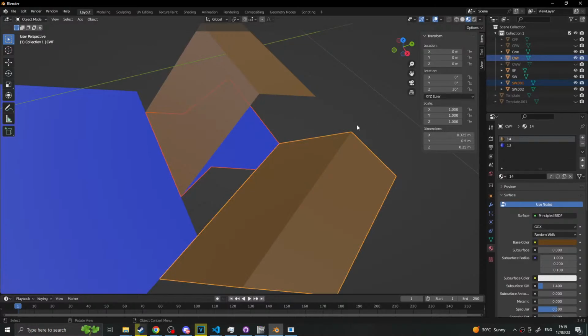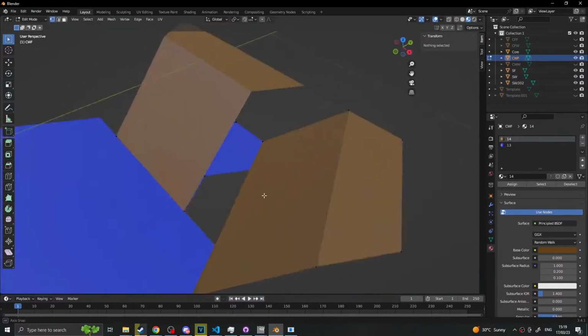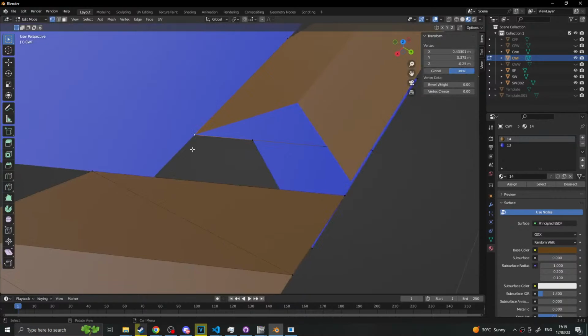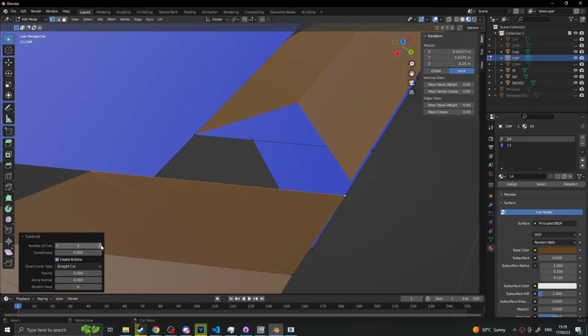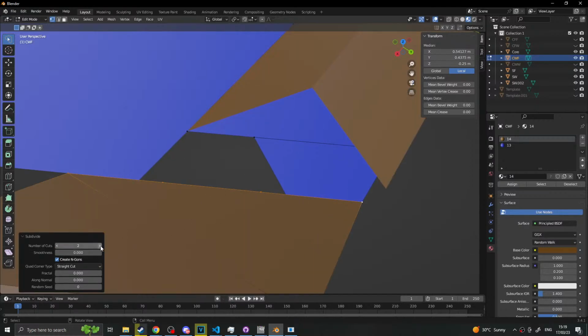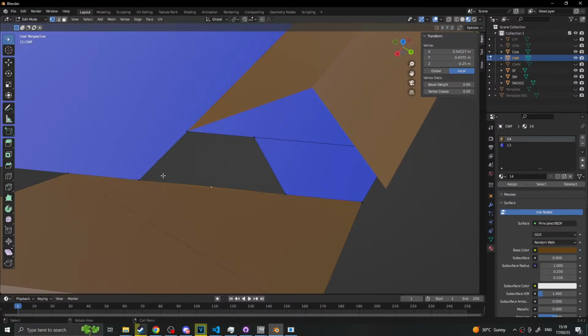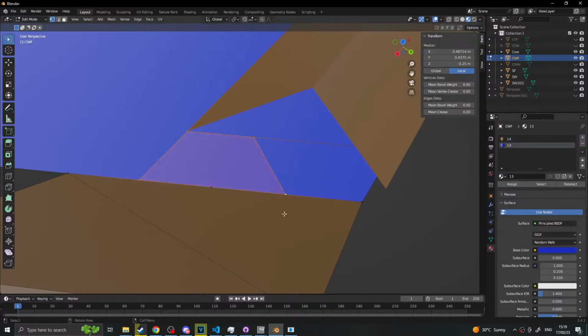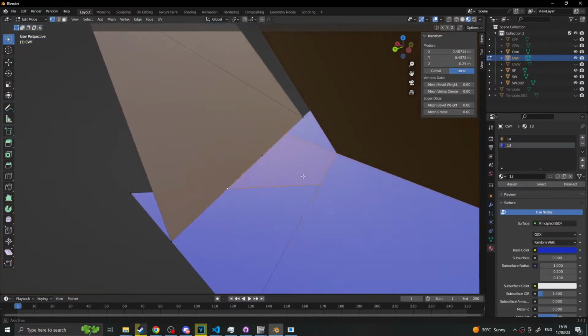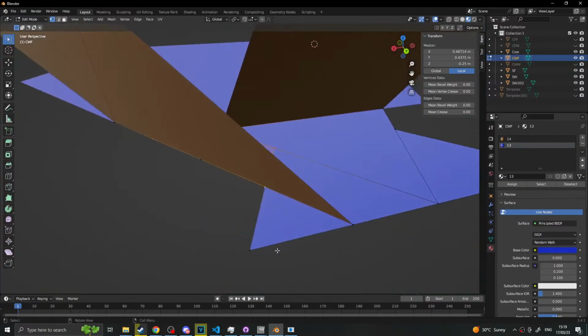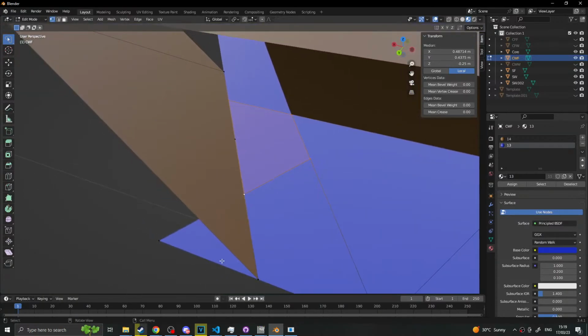Okay, so we want Control J. We want to go tab and, okay, so I need to subdivide twice, I think, no, 3 times? Yeah, 3 times. Alright, so then I would need this, and then we need to say that that is that color. See, again, we're going to have a slight